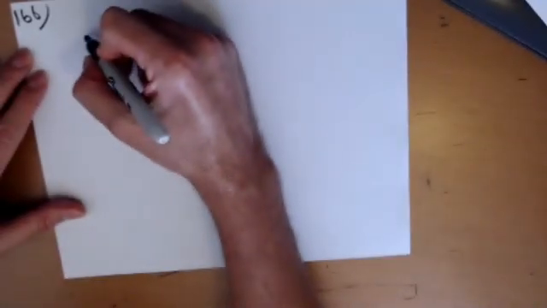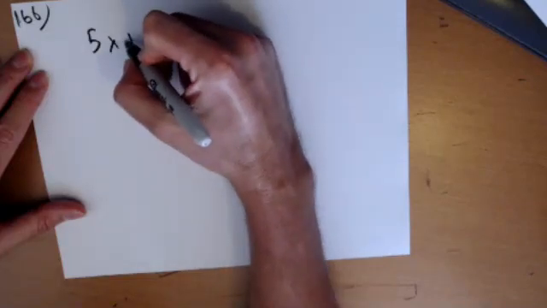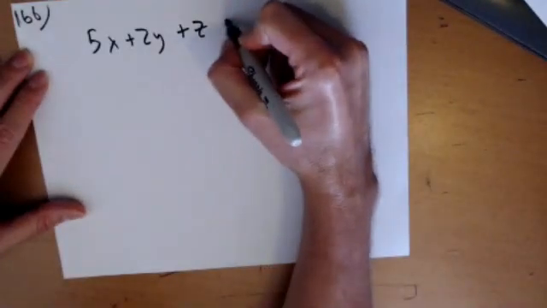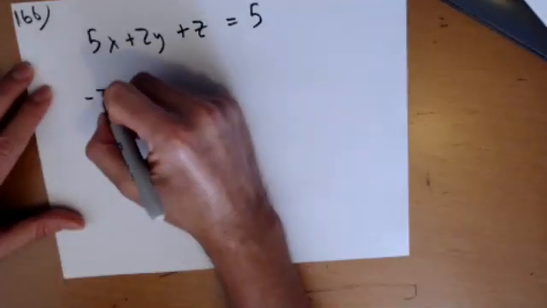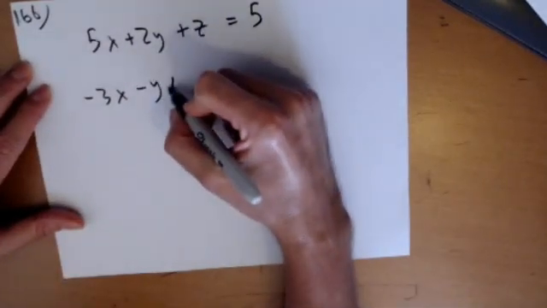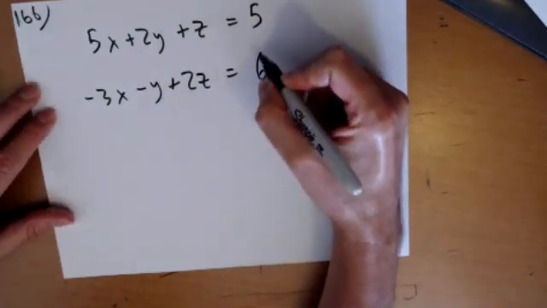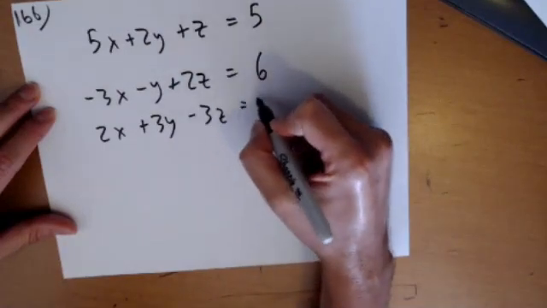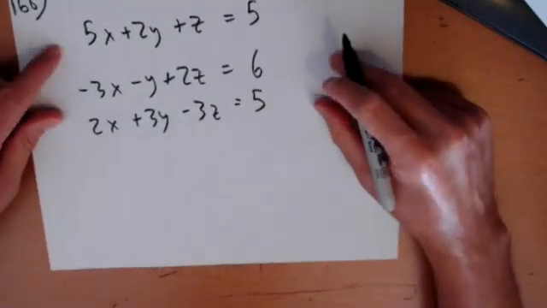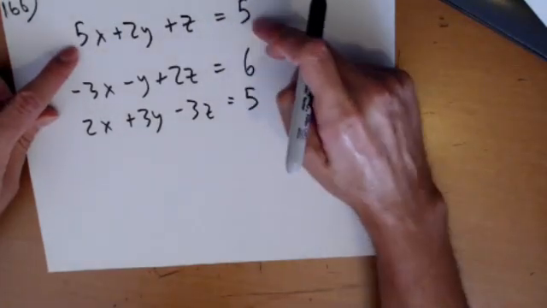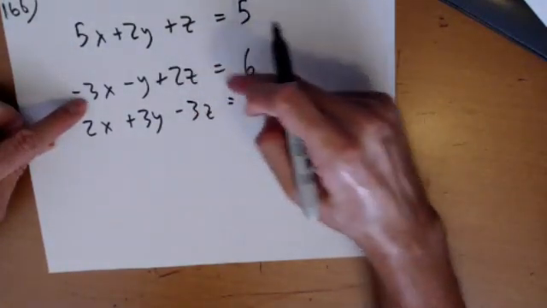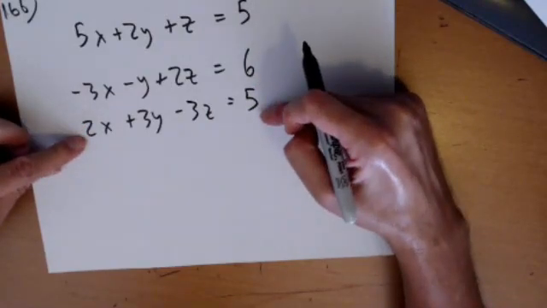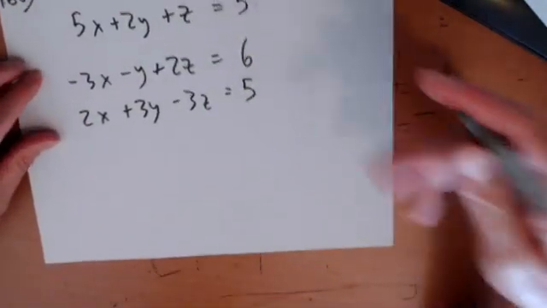So 166 is 5x plus 2y plus z equals 5, negative 3x minus y plus 2z equals 6, 2x plus 3y minus 3z equals 5. Make sure you wrote things down correctly. 5, 2, 1, 5, negative 3, negative 1, 2, 6, 2, 3, negative 3, 5. Okay. So now,